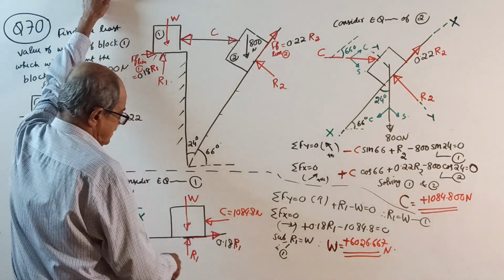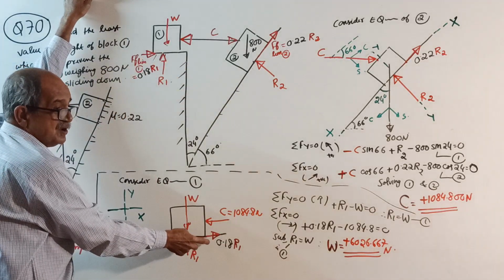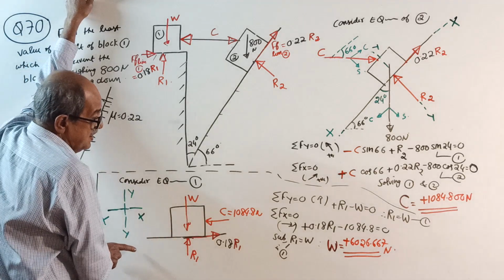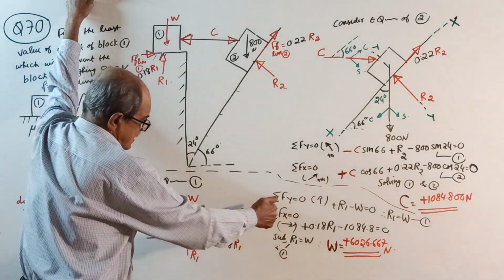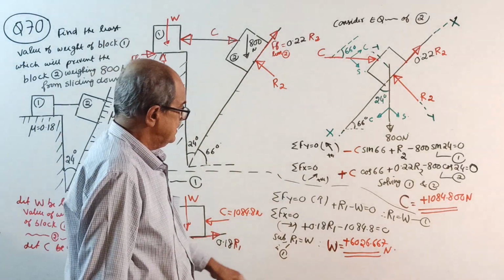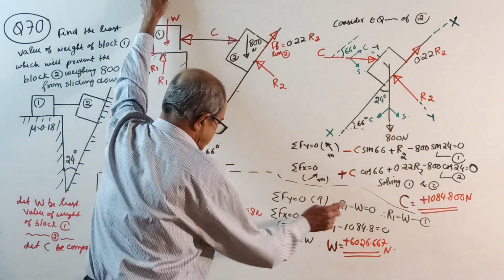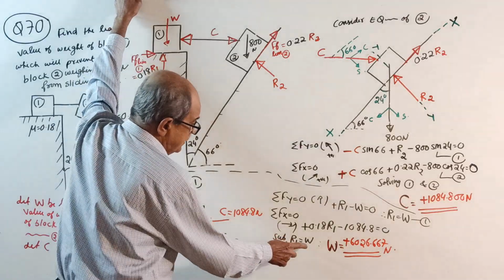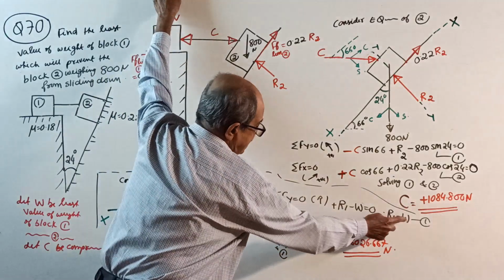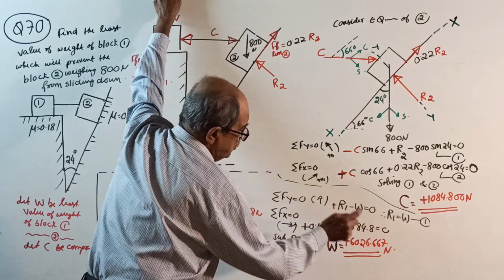Sigma Fx equals 0. Even though by mistake I put it this way, here I put it correctly, because when I write here, I can understand. Then it is 0.18 R1 minus 1084.8 equals 0. You get the value of R1. Now substitute R1 equal to W. So you get 0.18 into W minus 1084.8 equals 0. W will come